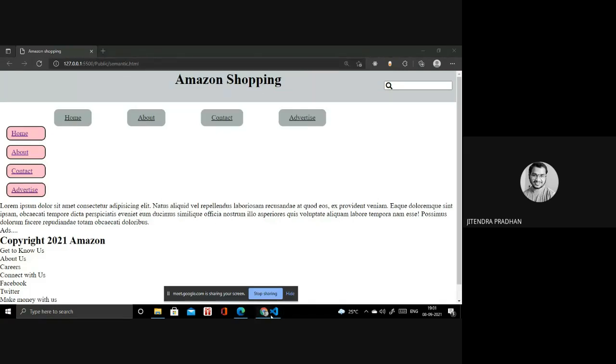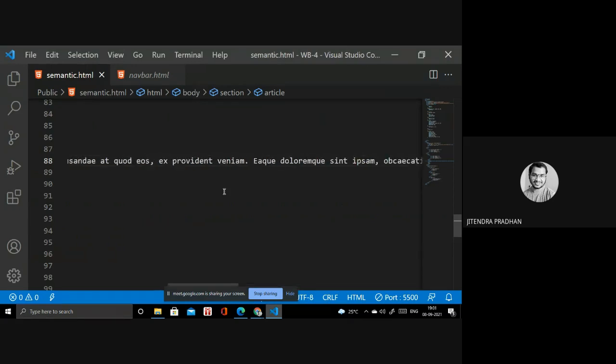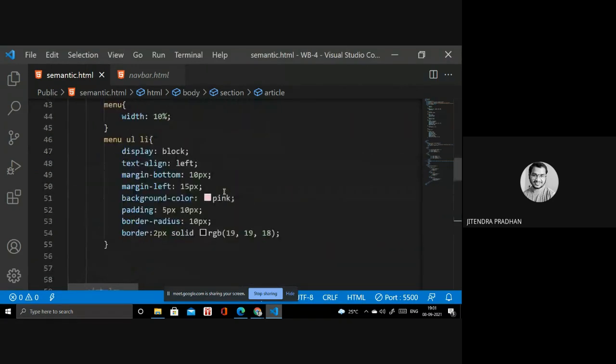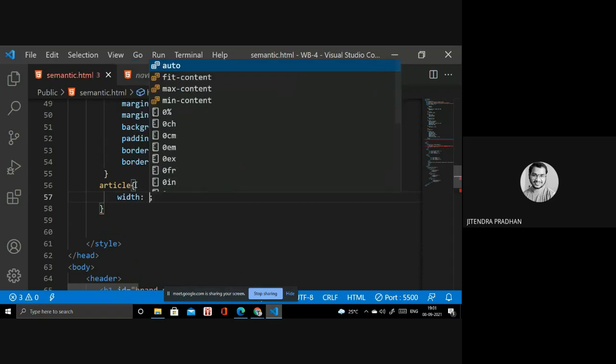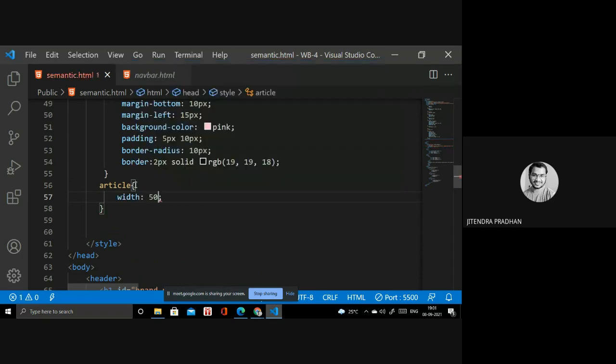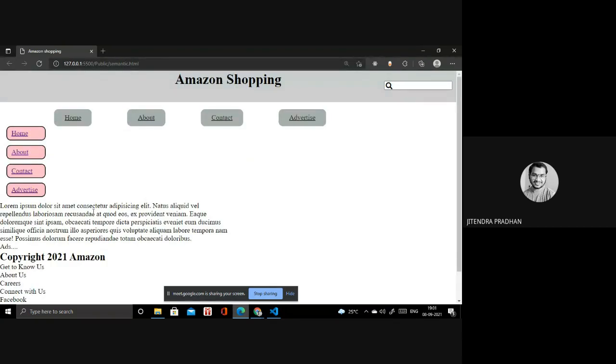So first I need to change the article. Article styles. Inside article I will change something like width. I require 50%. Okay, in the 50%.